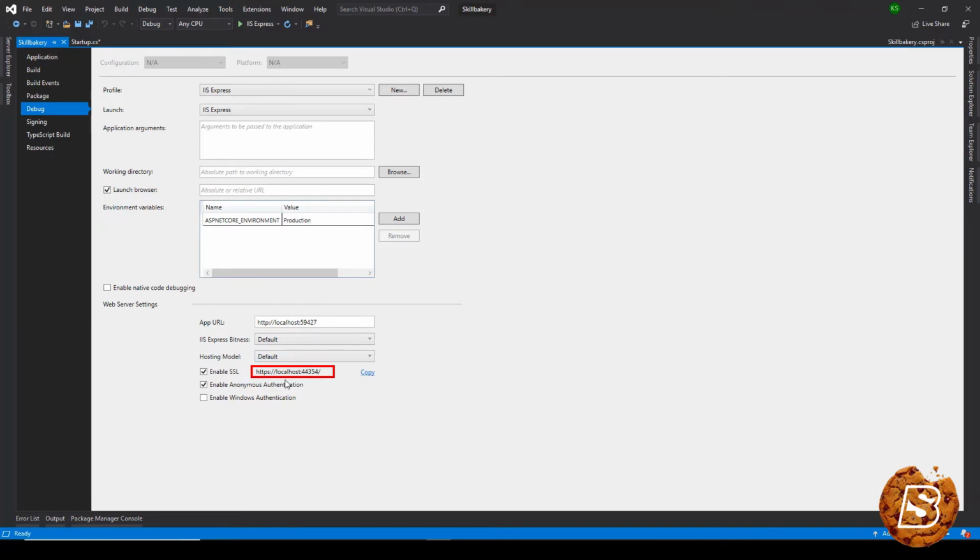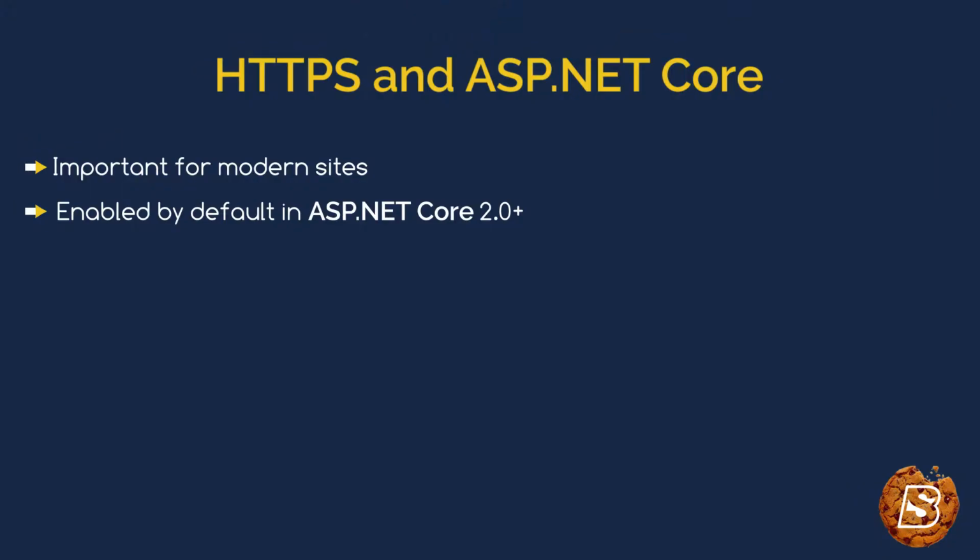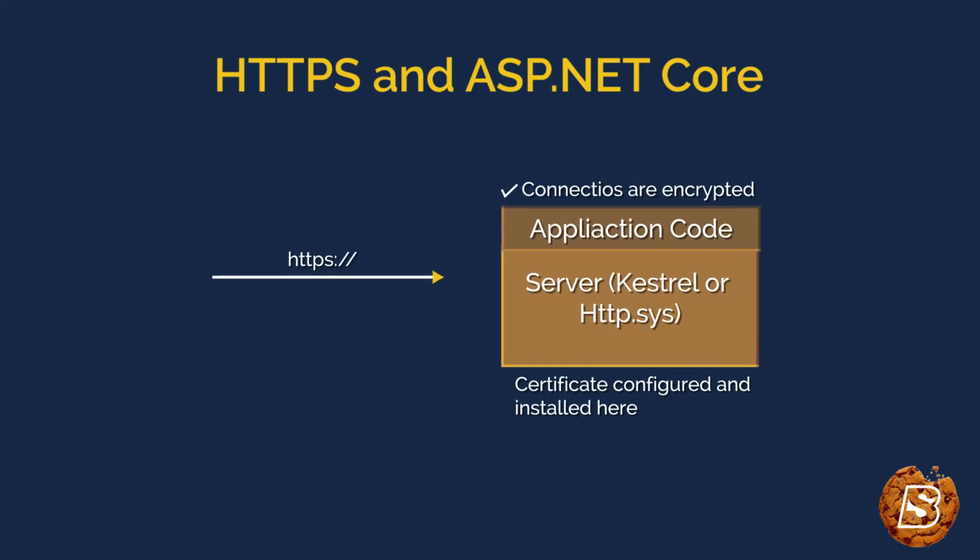In the local environment as well, it has a particular security certificate file which it uses to enable this feature on the local development environment. Now, how HTTPS works with ASP.NET Core can be seen over here in this diagram. Let's say you have a server, an IIS server. On that we can go ahead and install the certificate, so whenever any request with HTTPS comes in, it